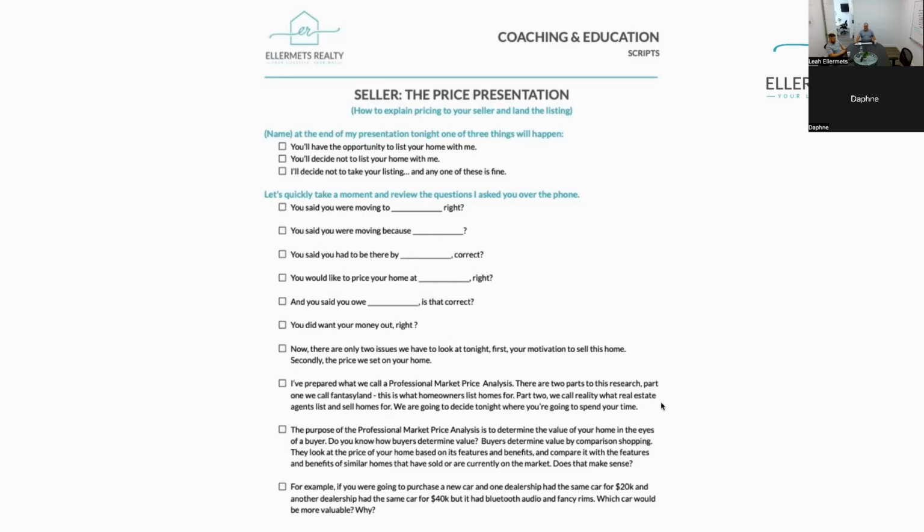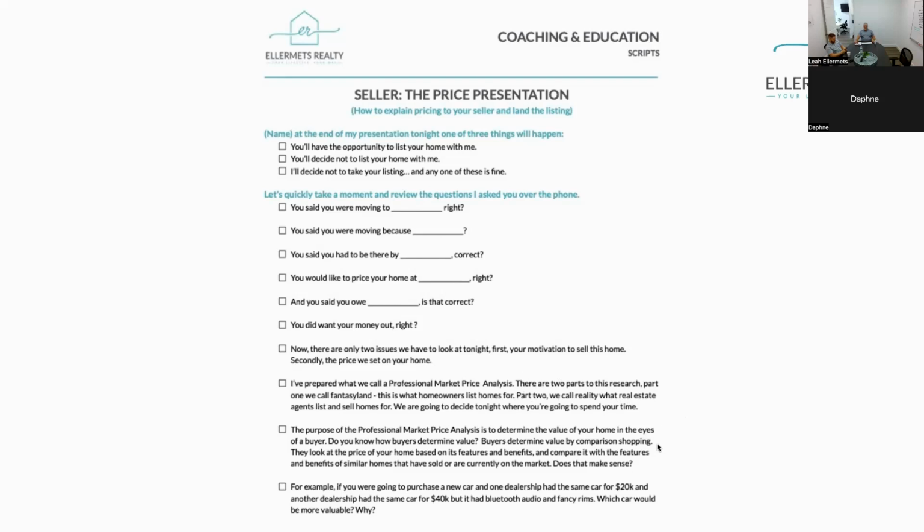Part one, we call fantasy land. This is what homeowners want to list their home for. Part two, we call reality: what real estate agents and homes actually sell for. We're going to decide tonight where you're going to spend your time. And the purpose of a professional market price analysis is to determine the value of your home in the eyes